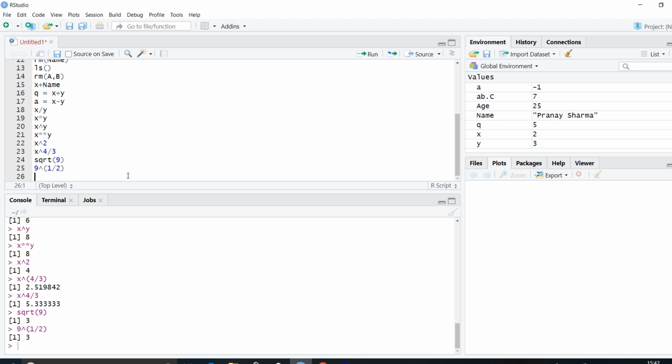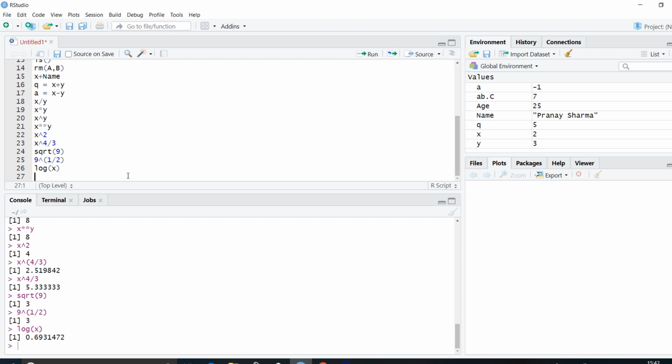Then we can have log. If I say log of x, I'll get 0.6931472. That is nothing but our log to the base e of 2. Whenever we write log, it assumes it to be log to the base e.